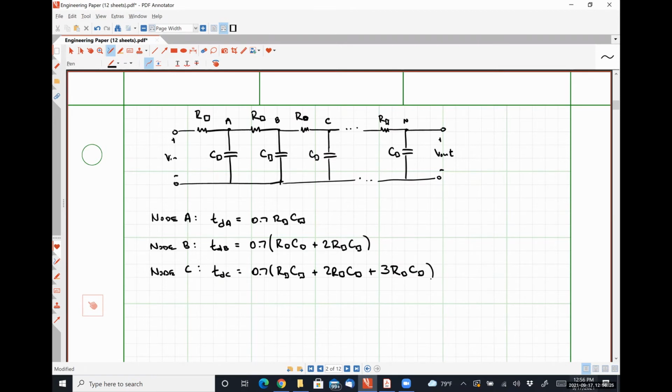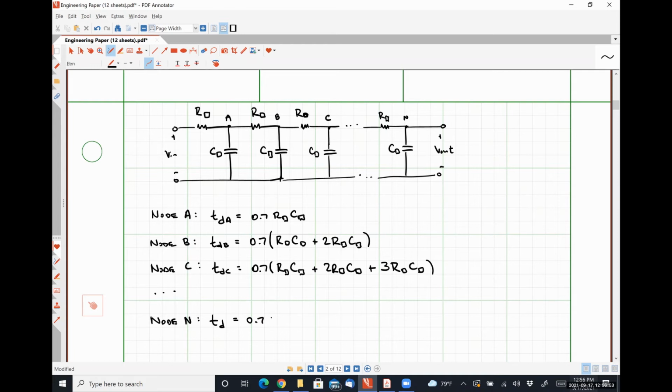Hopefully you all can see the pattern forming here. So the delay to node N will look like, and this is going to be the overall delay time for this distributed network,